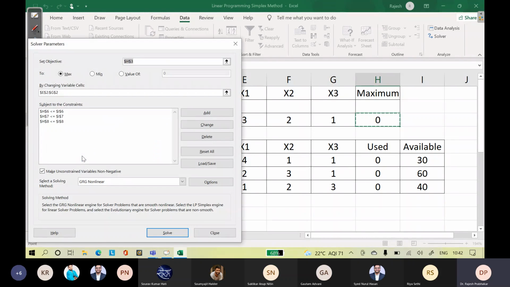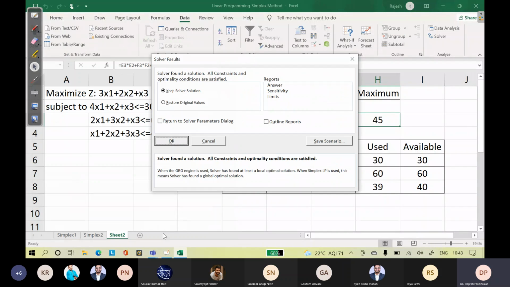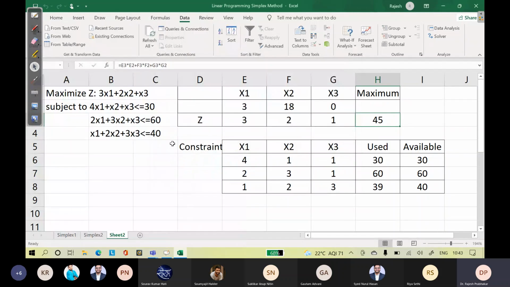Click OK. Change it to Simplex LP. Solve. Yeah, 318, 0, 45.